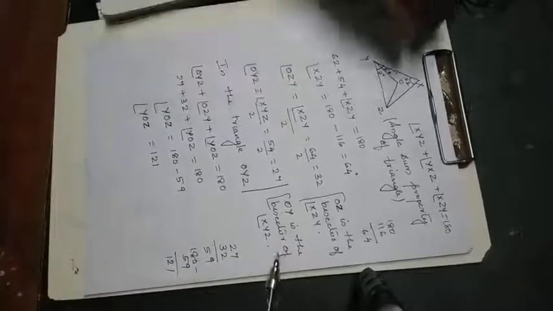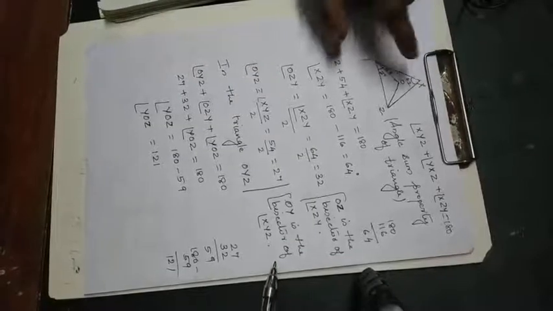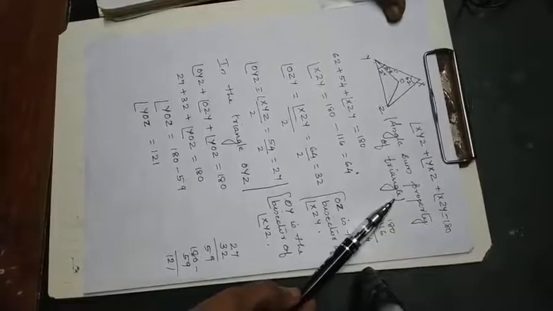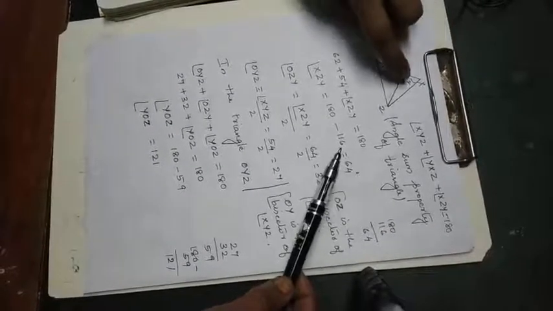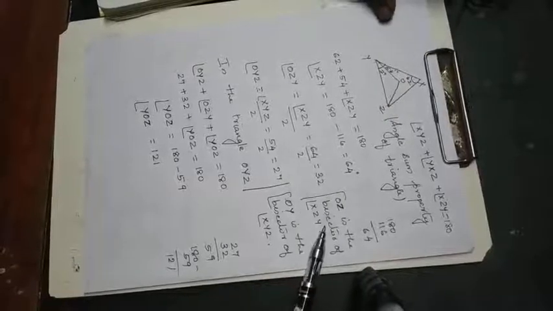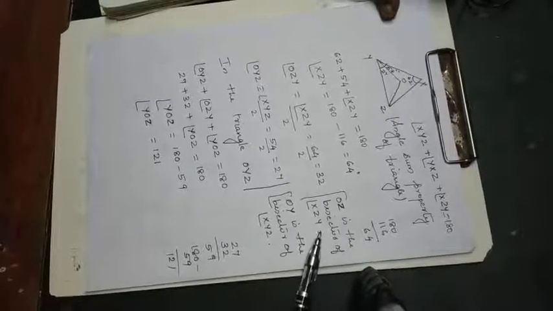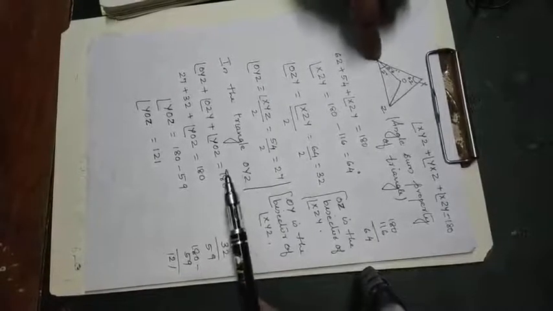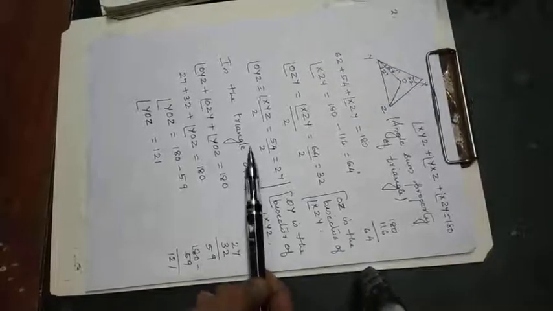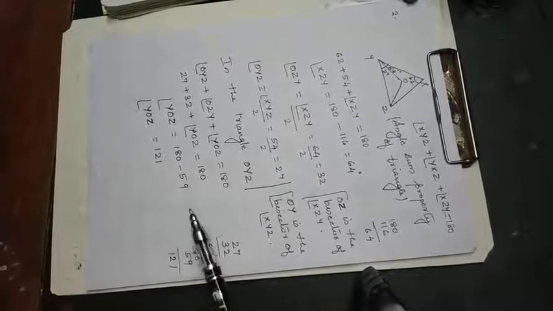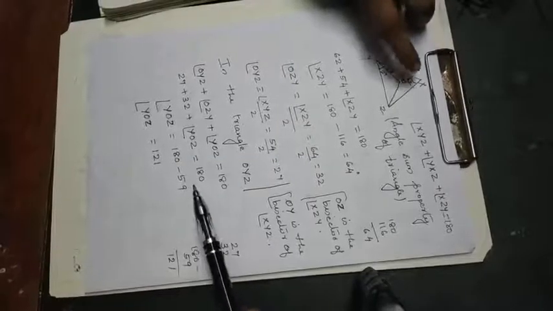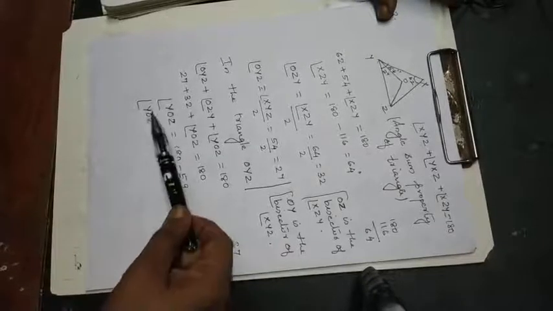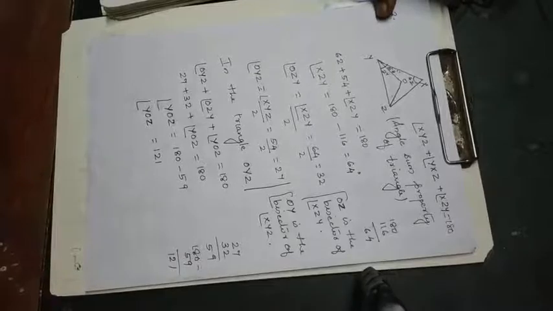So how did we solve that one? First, we found out XYZ by angle sum property. Then we found out the OZY by bisector property, that is OZ is the bisector of that angle. Then find out OYZ by the same property, that is OY is the bisector. Now we took the triangle OYZ, that three angles together is 180, and found out YOZ. Okay.